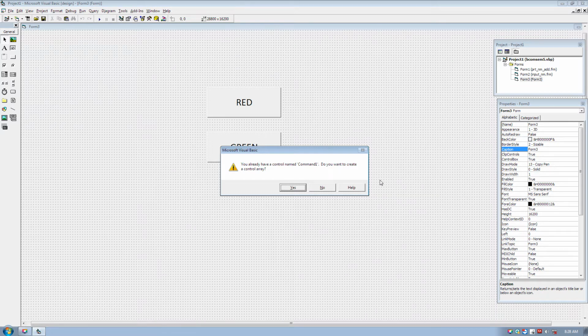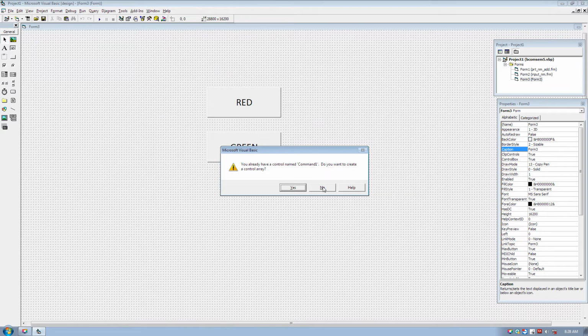There is no error. You already have a control named Command1. Do you want to create a control array? Control array is not in your syllabus in the 5th semester, it is in the 6th semester. So right now you have to say no.